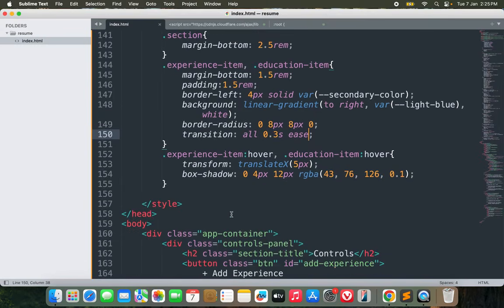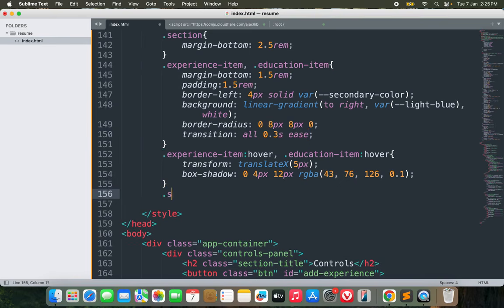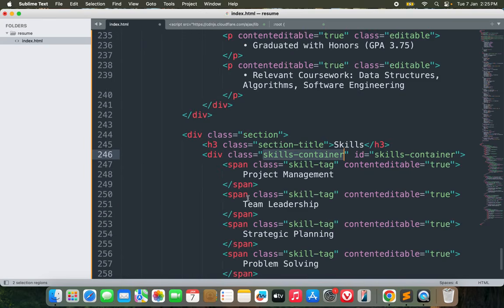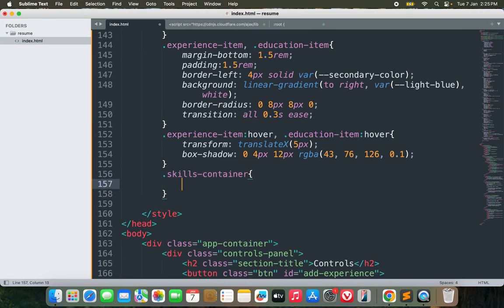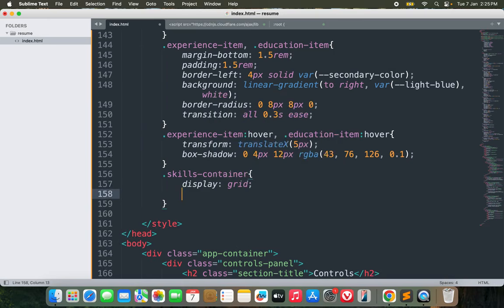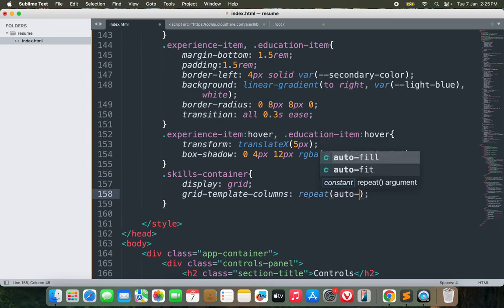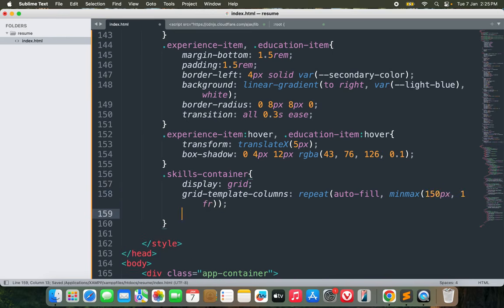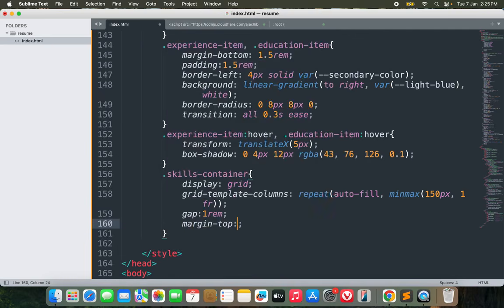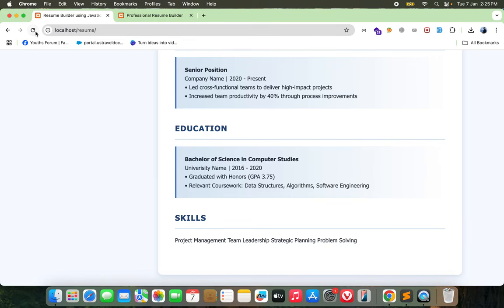Okay, so we're almost done now, and the only thing that's remaining is the skills section. So for the skills container, is it the same name? Yeah, it is. So for the skills container, display grid, template columns, it will be repeat auto-fill with minmax 150px, 1fr. Gap would be 1 rem, margin top would be 1 rem. Let's see. Yeah,